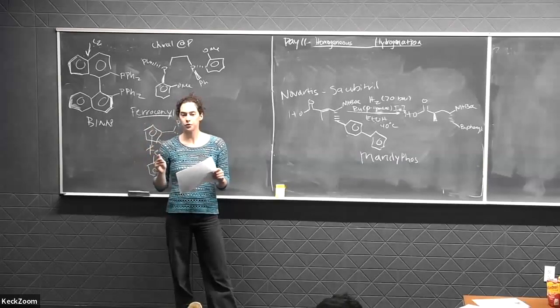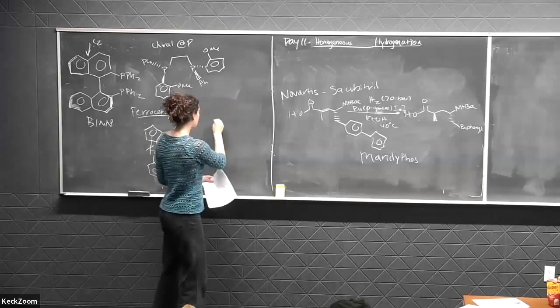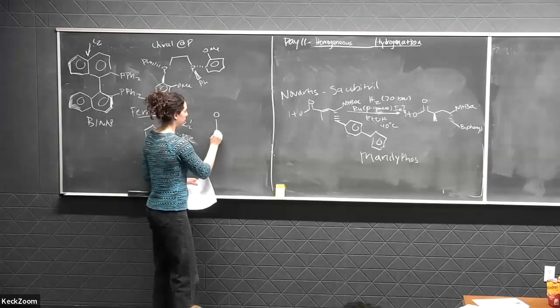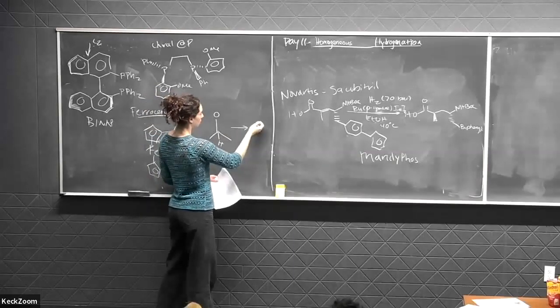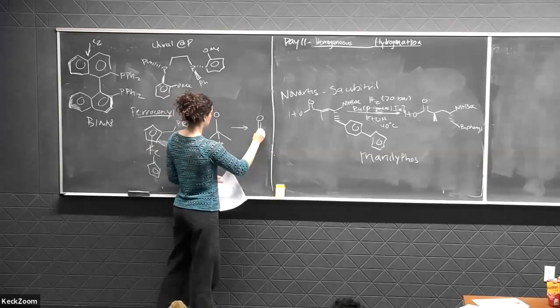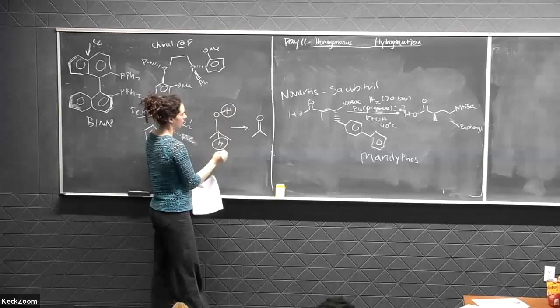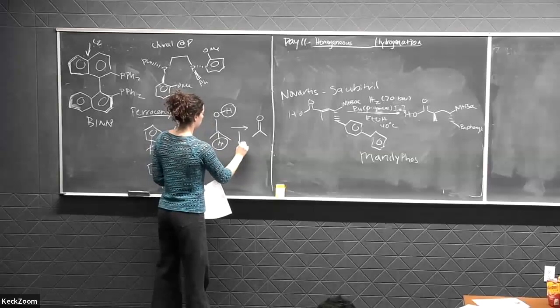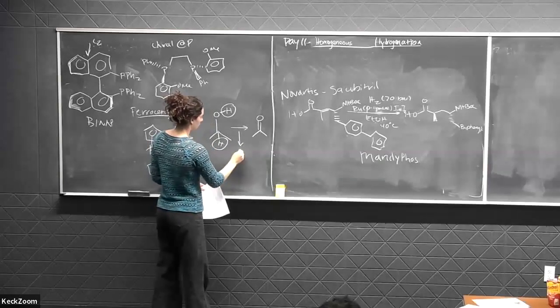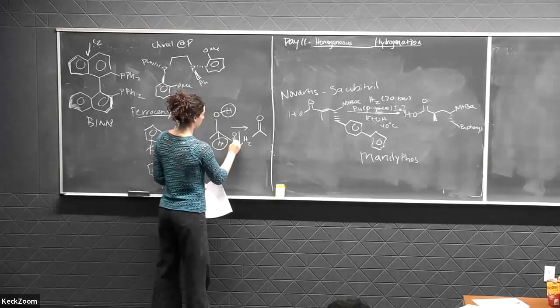Okay, so transfer hydrogenation means taking a saturated molecule, for example an alcohol, and oxidizing it, and taking the two hydrogen atoms from that oxidation and reducing or hydrogenating another molecule, such as